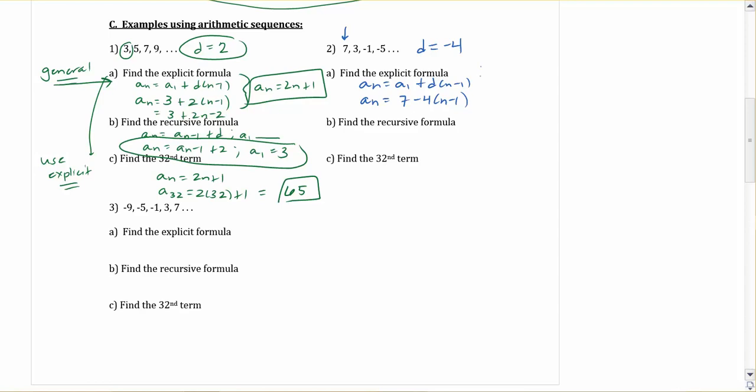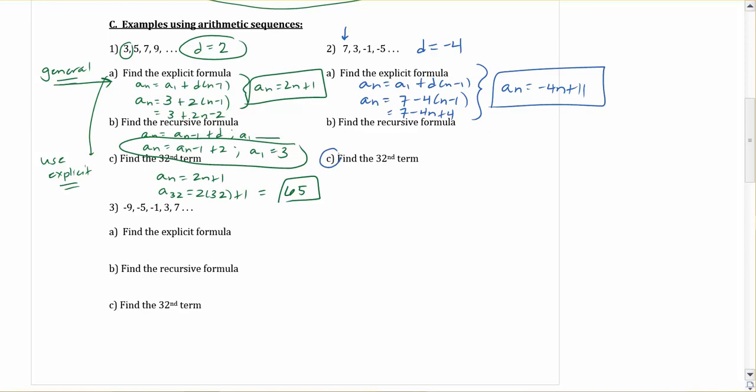And technically that's good, but what I would like you to do, and we'll discuss this in class, is simplify that. So it's 7. If I distribute the negative 4, my final answer would be negative 4n plus 11. That's going to be my explicit formula. And I like it. The reason why I like it simplified is because when I go, let me jump to